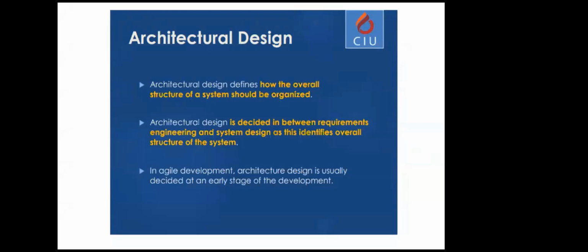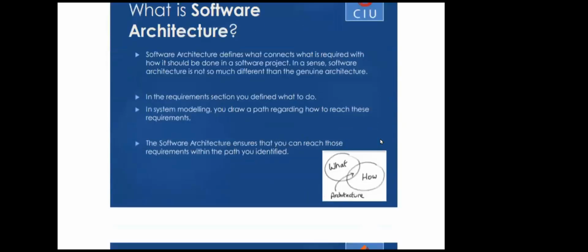Okay. There are, of course, some differences in how you develop the software. For example, in agile development, architectural design is usually decided at an early development stage so that you can build the software around it. Whereas otherwise, the architectural design is a step in the project requirement stage. It is not the very initial step, but it is something where you take a decision just before you pass into the modeling. So let's see, what is system architecture?